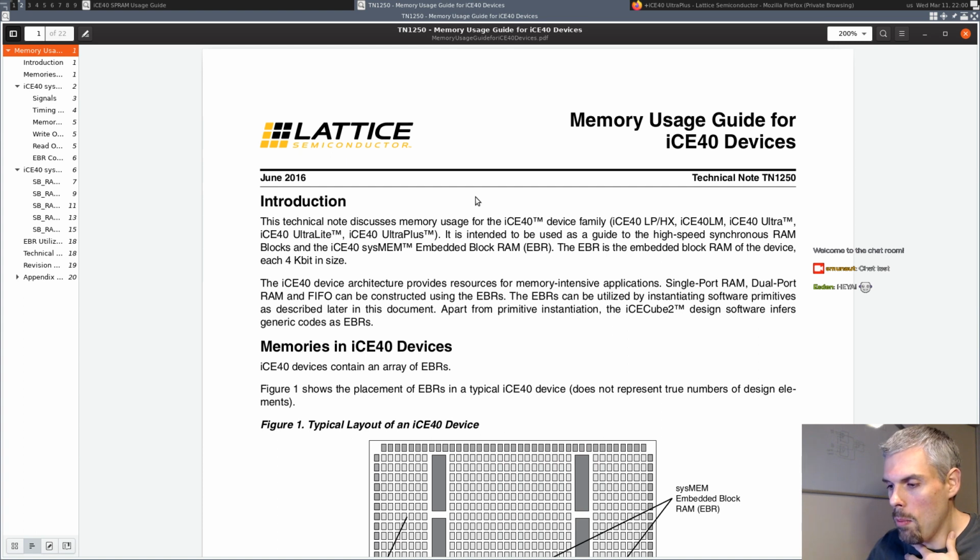I said that they were read before write. It turns out that they're not. At least according to the simulation model from Lattice, they are undefined. So you can't read and write at the same address at the same time. The write will succeed, but the read output will be invalid or unknown. So that's kind of an issue because if we take our